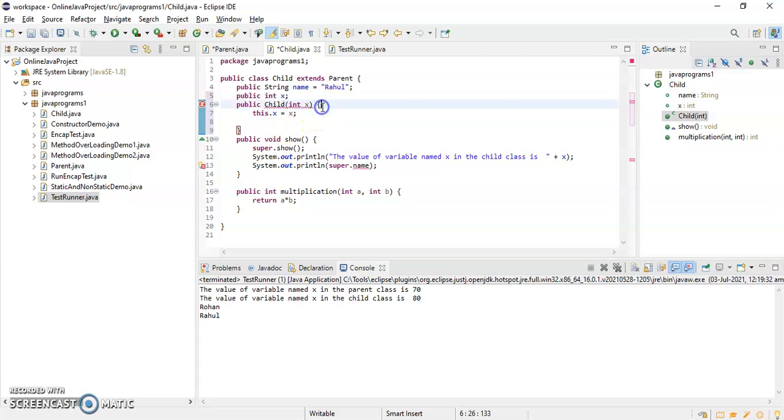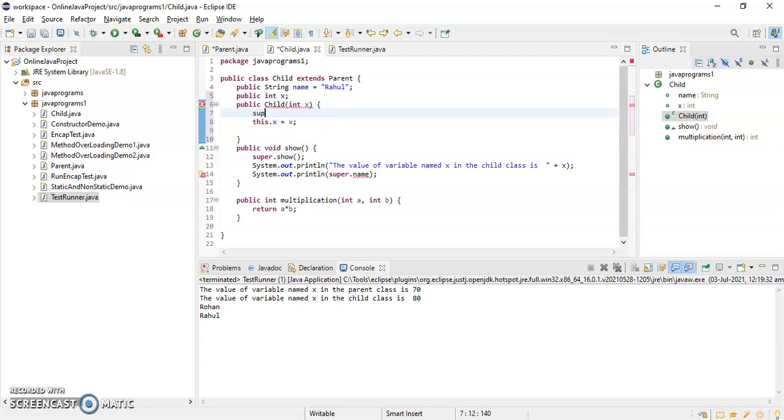So what I have to do here is give super, and give some value, say x.